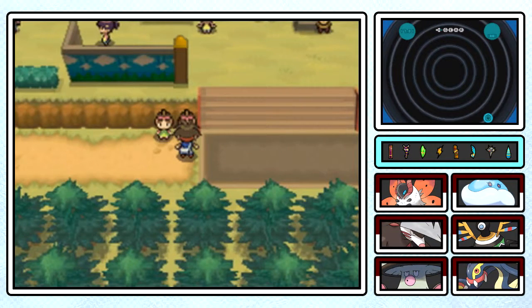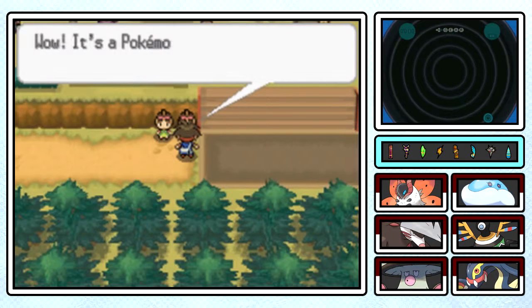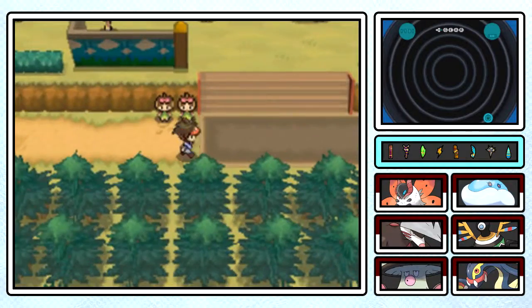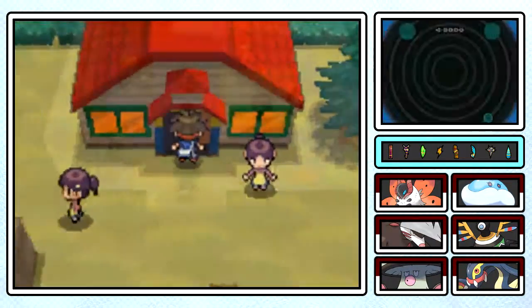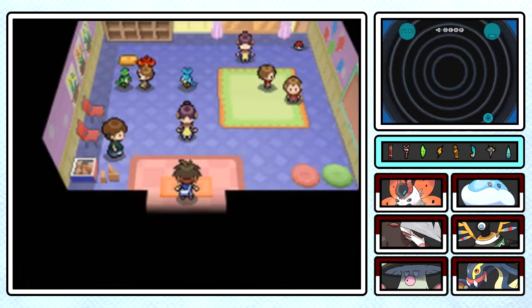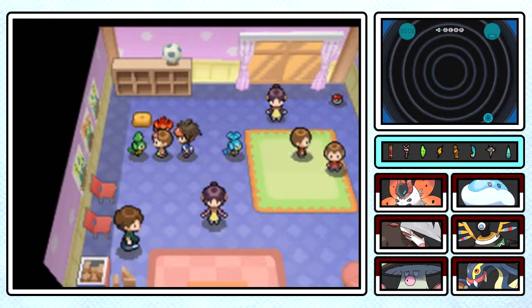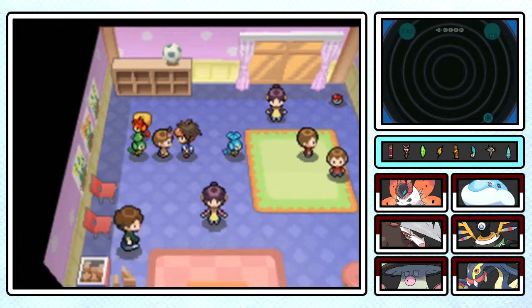But before we can even go to the daycare place, this little lady right here wants to know if we have a Pokemon egg. Yes, a Pokemon does hatch from it. There's not really much difference here at the daycare. The trainers, of course, are higher leveled, but what's really cute is that there is a Pansage, a Pansear, and a Panpour right here, and this little lady says that nice guys from Striaton City gave the preschool these Pokemon,